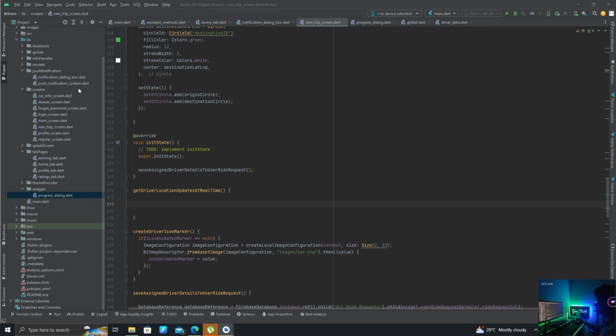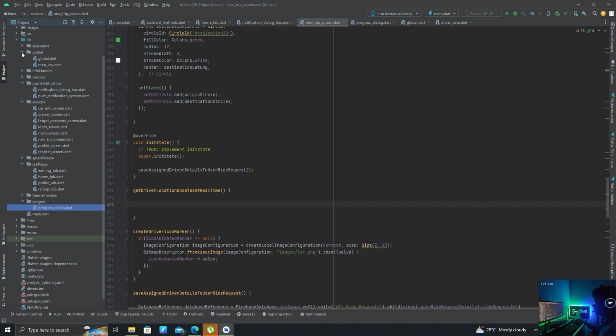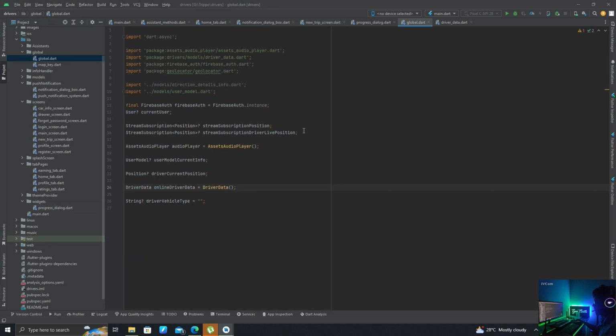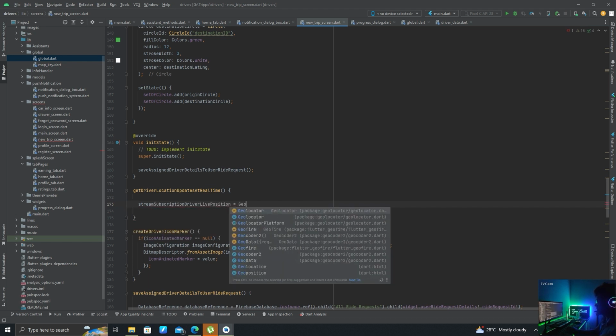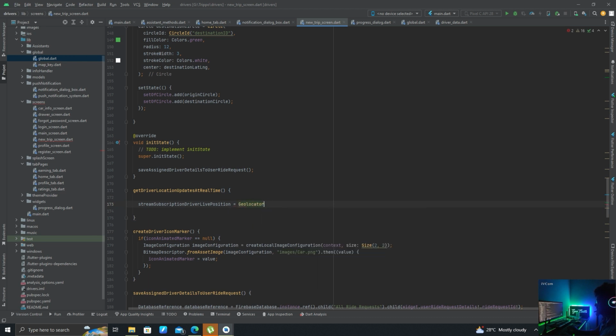Let's add another stream subscription in our global.dart. So now we have already added that, so let's call this here. So stream subscription driver live position equals to